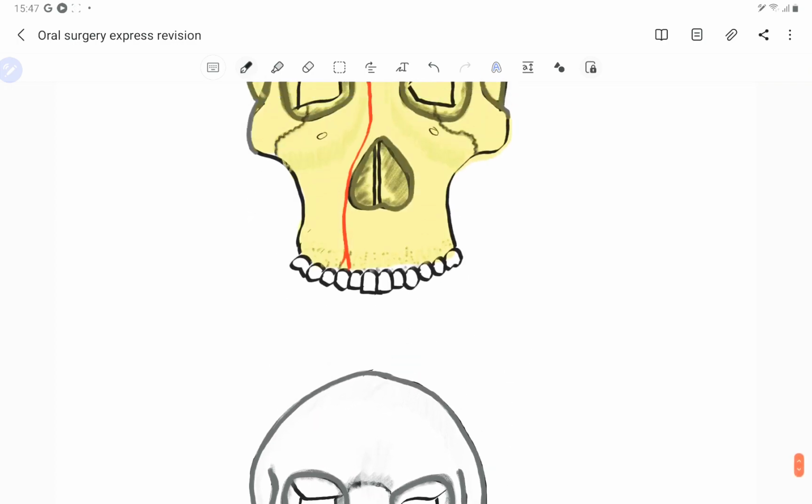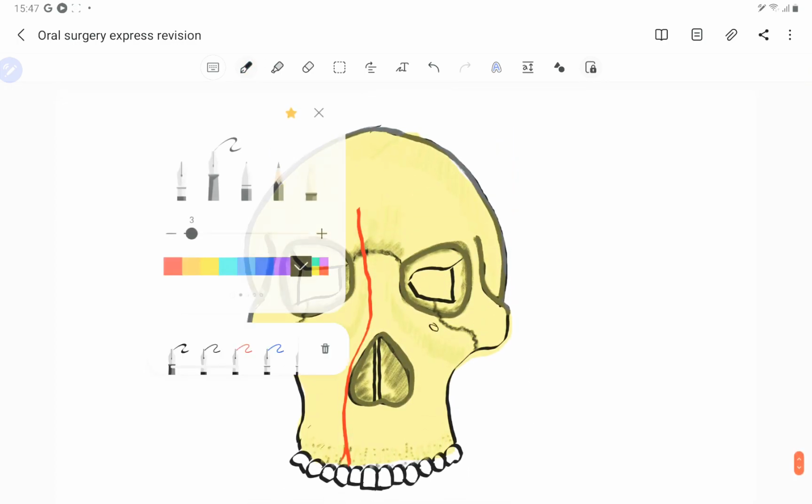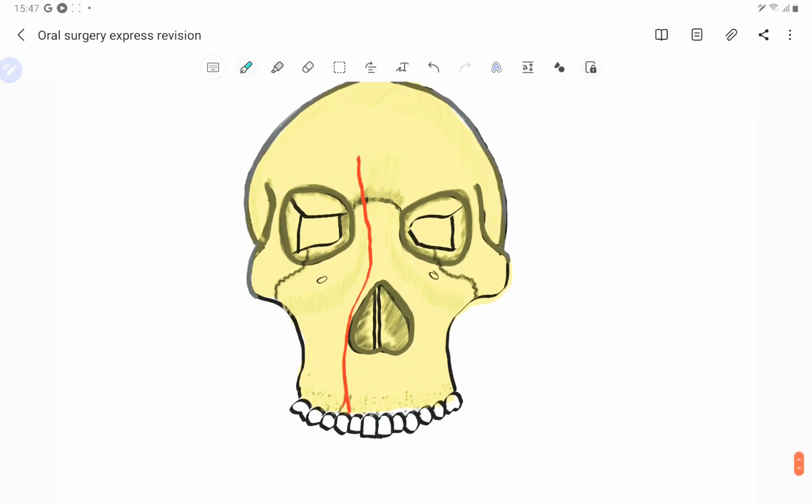Then guys, the next buttress is the zygomaticomaxillary buttress. Let's see if this color works. So the zygomaticomaxillary buttress starts from the maxillary second molar, the alveolar process of the maxillary second molar, and then goes above the body of the zygoma. So it goes here, and then the frontozygomatic suture, so up here, and then into the frontal bone.